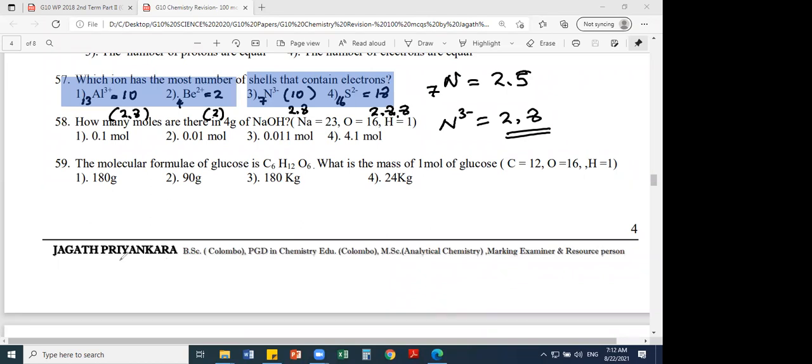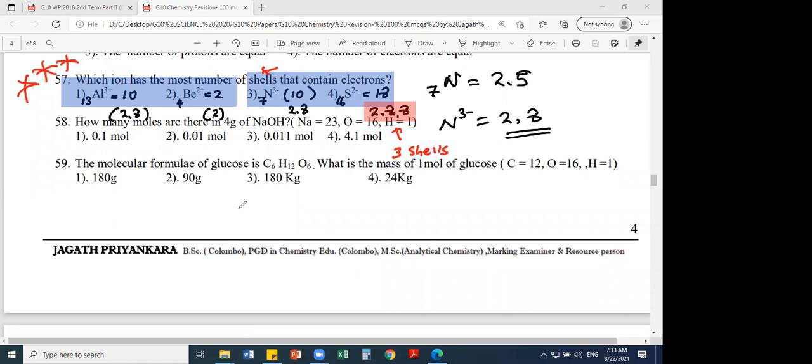That's why the answer is, for which ion contains the largest number of shells, actually they don't ask the number of electrons, they ask the number of shells. So this one has 3 shells, 3 energy levels. All the others contain either 2 shells or 1 shell. Beryllium ion has 1 shell, with electrons only, just configuration 2. So that is a very good question. You can put 3 stars for this. O-level exam type question. You understand?